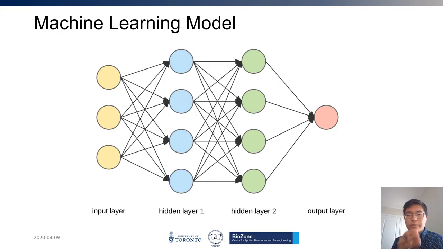So it's a composition of linear plus nonlinear, and all of these functions chained together to get from your input to your output. And it is this modularity of ML models that makes it so versatile and customizable to many different applications. For example, I could have the input layer be a protein sequence, and the output layer just be a number,